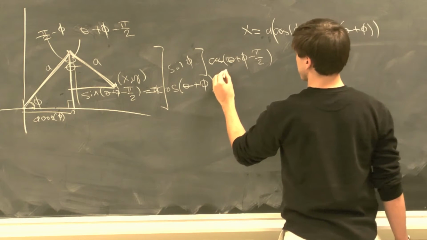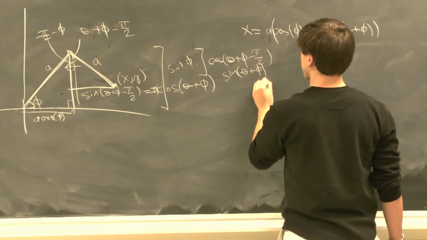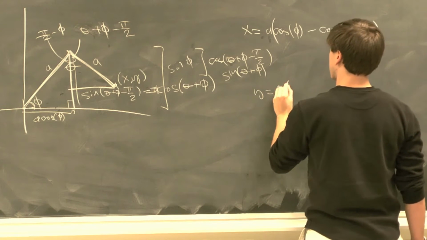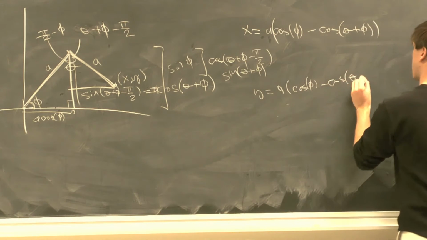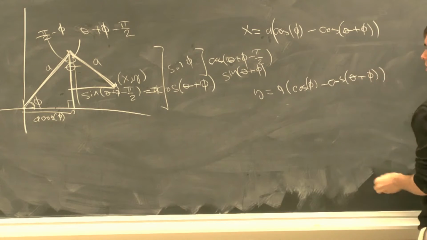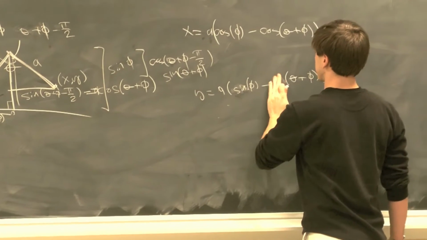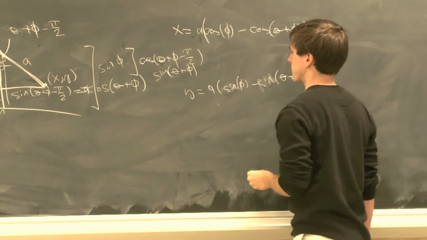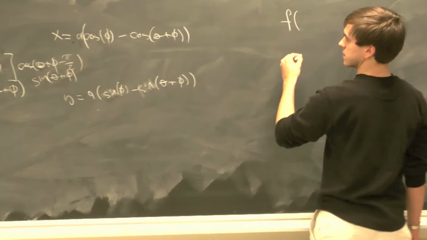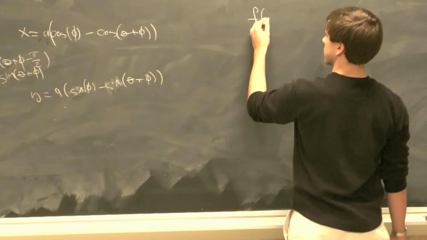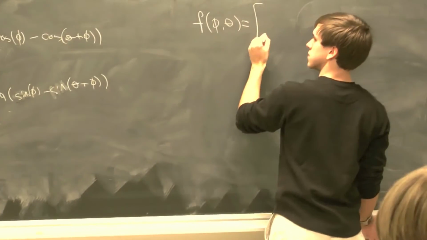And so this equals sine theta plus phi, but we're actually subtracting it, so y equals... You mean sine in both scenarios? Yes, thank you. Copied a little bit too much. Here we go. So this will give us a nice little map. I'll just write it as an actual vector. F of phi, theta equals